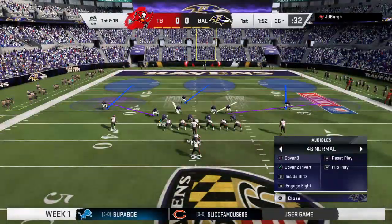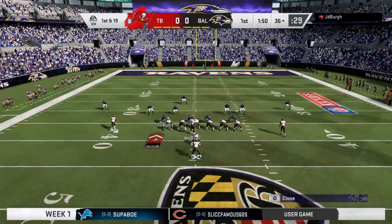Ready. Black 45 behind. Watch tight end, watch tight end. Tight